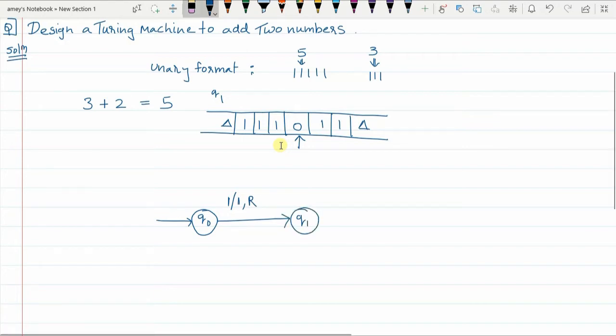Fine, initially the read pointer happens to be present one place to the left of the input string. So if the pointer is present one place to the left of the input string, then the first thing you are going to do, when delta is encountered, delta will be replaced with itself, and the pointer is going to move to the right. That means in Q0 state, after replacing this delta with itself, the pointer moves to the right and goes to Q1 state.